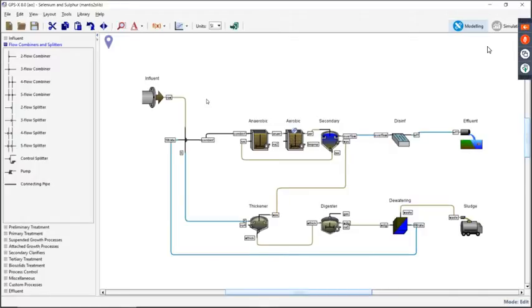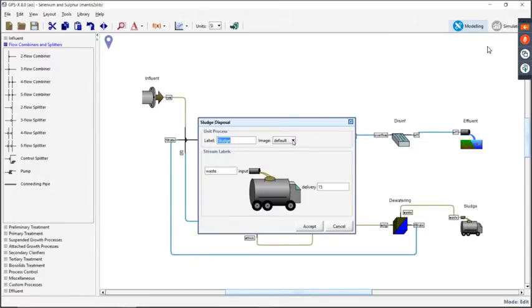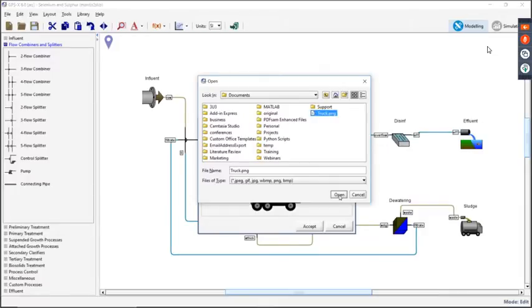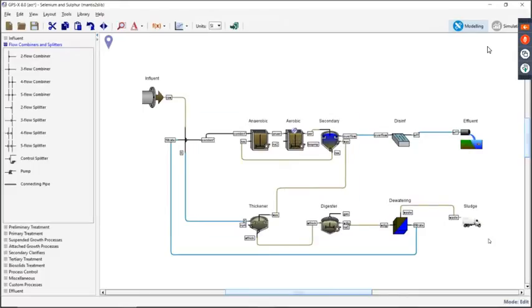We also have a new feature here too, which is something I've been trying to take advantage of a little bit, where we can now replace the drawing that we have for any particular object with an actual picture, if you like. So for example, for this sludge haulage truck, if I go to the labels, I can change the image from the vector drawing that we do to an image. So I went out and I got myself a truck here. That's an actual picture of a truck, and now I can put that on the drawing board as well. And so that will be part of your layout going forward.